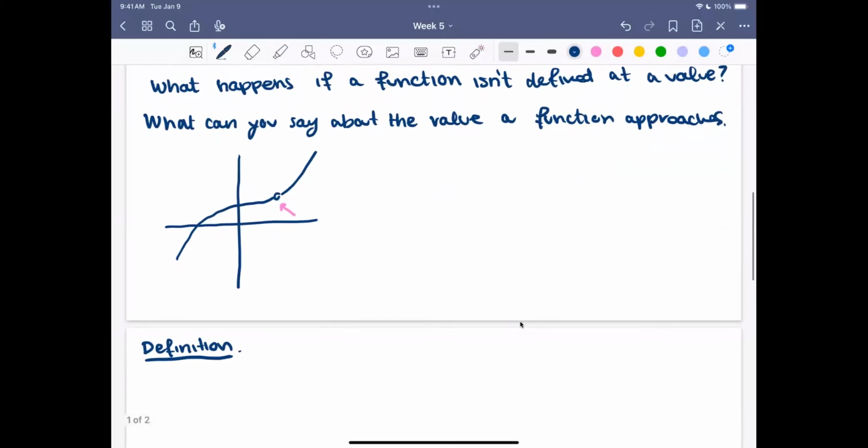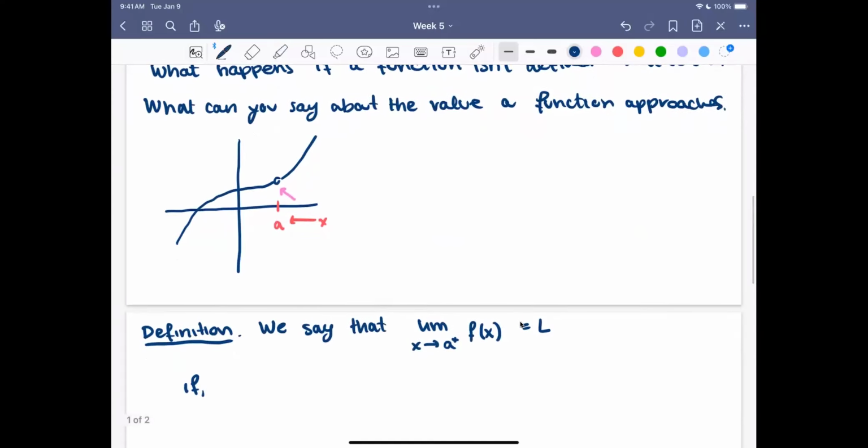So we'll say that the limit as x approaches some value a, and I'm going to put a little plus up here to say that it's approaching a from the right side. If this is our value a, then the x's are approaching a from the right, is what that little plus means. The limit as x approaches a from the right of f of x. We'll say that this quantity is equal to L if,